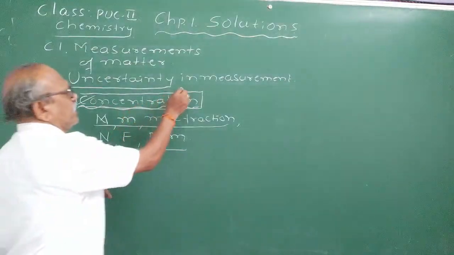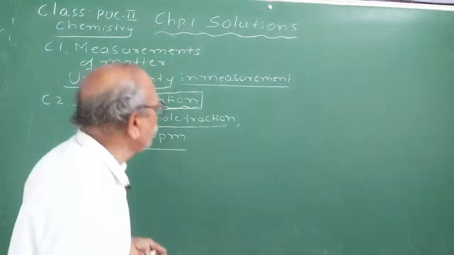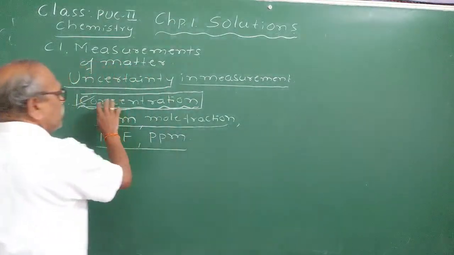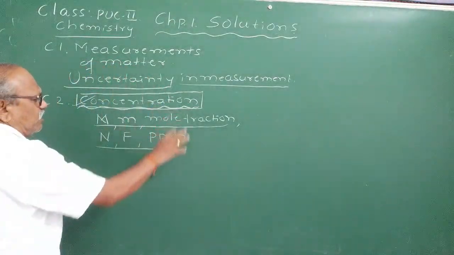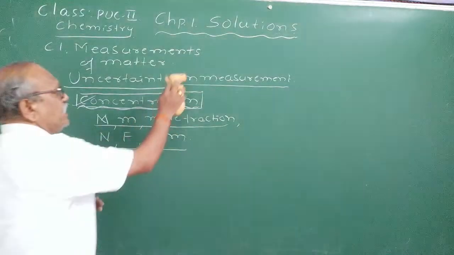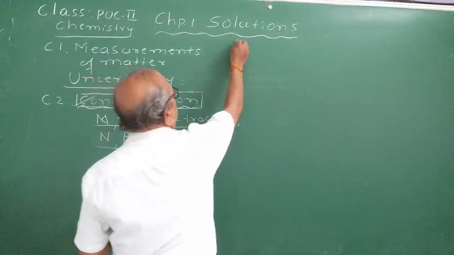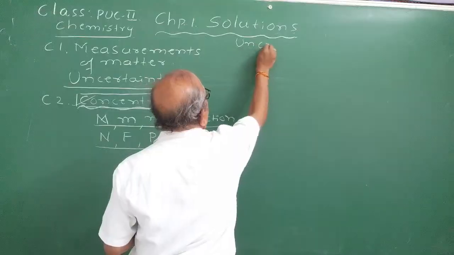And before that, there are a few more things I left in the last class. I think I defined the meaning of concentration, the different units, and how they can be converted. Very, very important. That mathematical part we are to discuss. In uncertainty in the measurement, I think we discussed